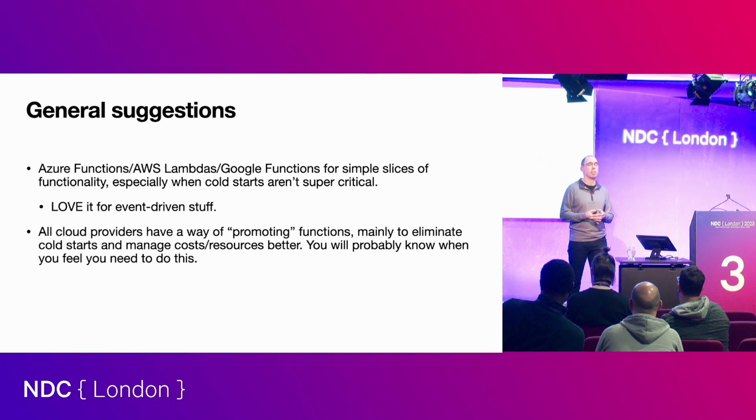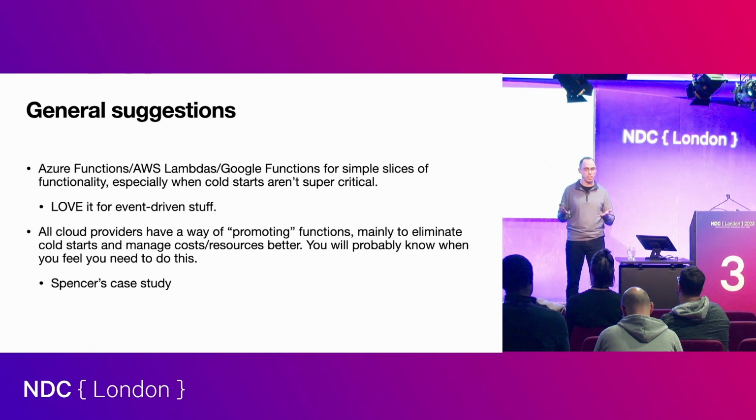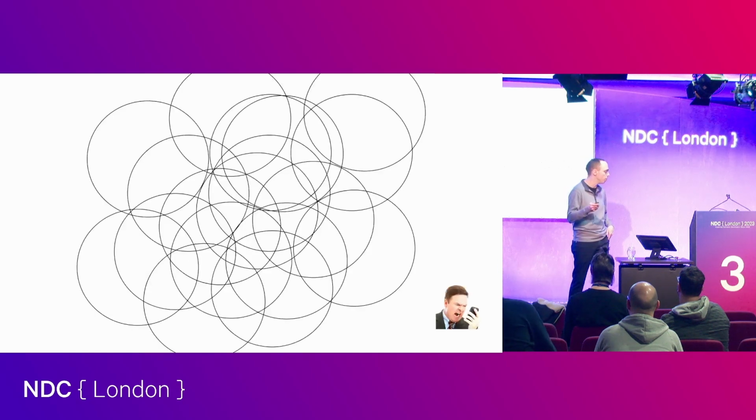And pretty much all cloud providers have a model for taking those functions and putting them into a container, and then putting them into a more elastic container service with better cost flexibility, really with better execution flexibility at the end of the day. So in particular, my case study is that they moved straight from functions to Kubernetes and cut their cloud compute costs by 80%. And they were processing a lot of files. So there's serious gains to be made. Do I think that they could have done this in container apps? Absolutely. But they made a choice, and it's worked out well for them long term.